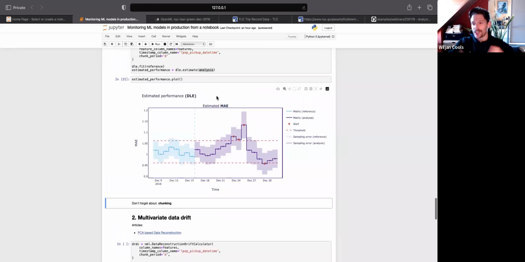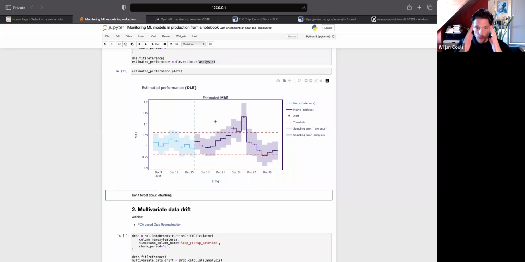And of course, this was part of the data set. The next thing, of course, is to go and figure out what went wrong in this period so that we can understand. Ideally, we do that right in time when these alerts are happening. But because this is a historical analysis, we're going to do it now because we still want to understand what went wrong in that period. But at least by using DLE, we have a view on what our expected performance was,